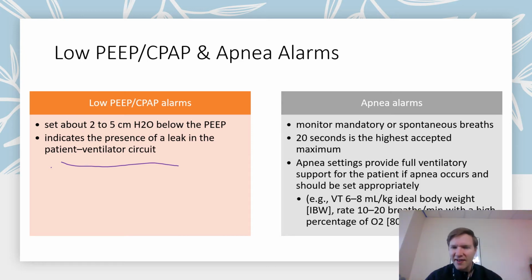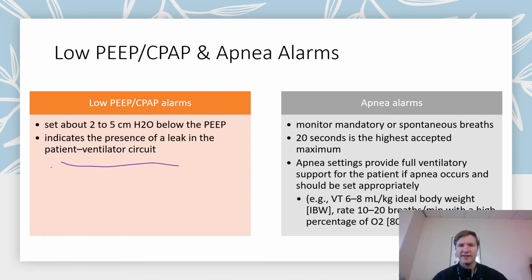Why would I have the FiO2 higher in apnea mode? Well, think about it. If the patient hasn't taken a breath for at least 20 seconds, is it possible that they are hypercarbic and they might need a little bit of oxygen to make up for that hypercarbia? Yeah, absolutely, right? So that's why changing the FiO2 could be a good thing to put in there. So usually 80 to 100% for adults is what they're looking at,